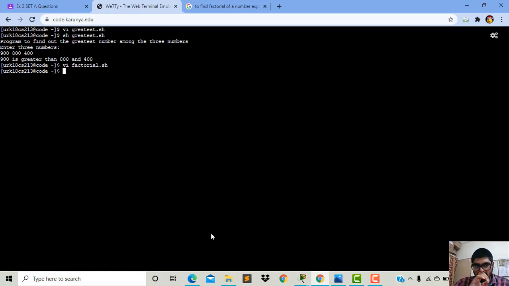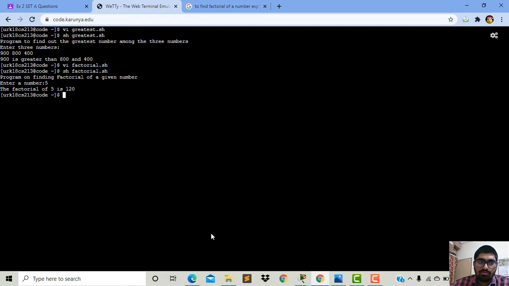Here I am entering sh factorial.sh. Enter a number. We all know that 5 factorial is 120. Here the user has entered the number 5, so it should perform up to 5.